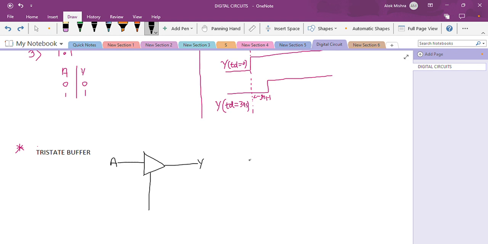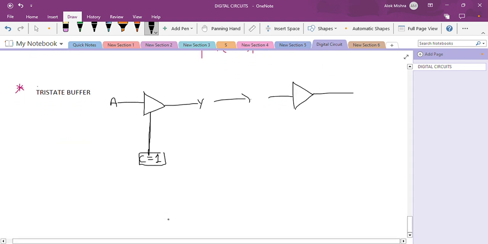So let me redraw this. Suppose you are providing C equals 1, at that time this complete wire is connected with your system, right? So it means this particular control signal states that you are able to use this particular buffer gate on your system. There is no cutoff, there is no delay on this. You can directly use this on your function like this. But when you are applying 0 on this, it means you wanted to open this logic gate,